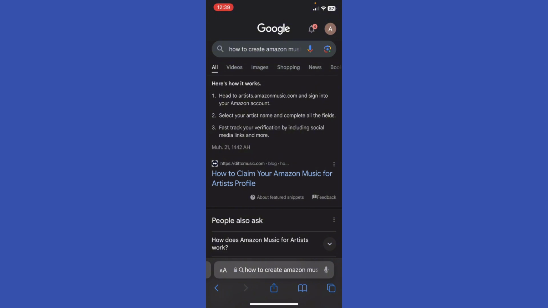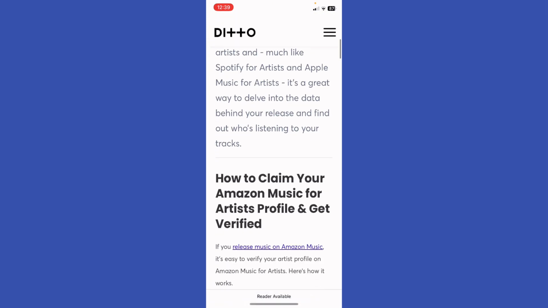artist.amazonmusic.com and sign into your Amazon account, and then select your artist name and complete all the fields, and then fast track your verification by including social media links and more. So if you want to get to know more about how it's done, just simply go ahead to your